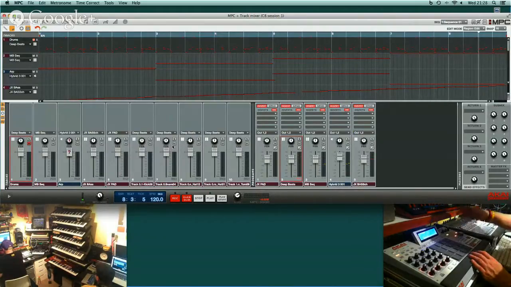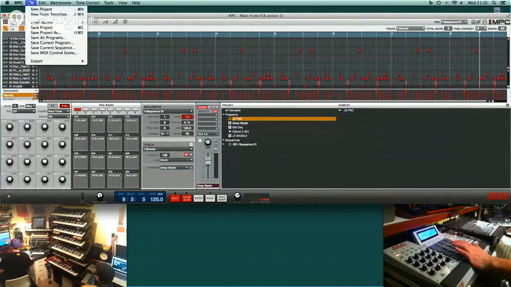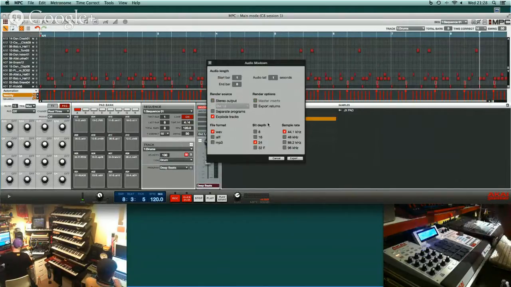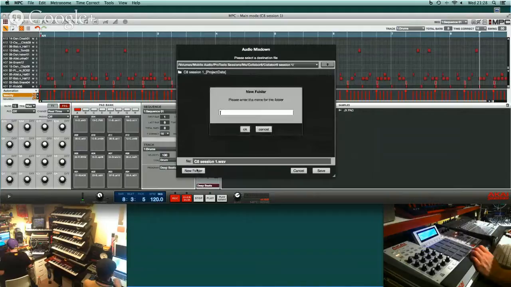What we need to do now is just go back out, save that, and then go to export as audio mix down. 24-bit WAVs. Is it 48K, which is what this is? Let's see, let's do 44.1. Okay, 24, 44.1. Explode tracks is going to create an individual audio file for each one of the tracks. Export. Let's give it a folder, call it